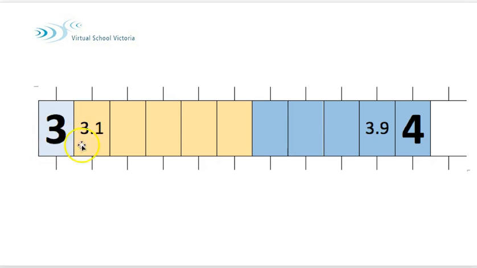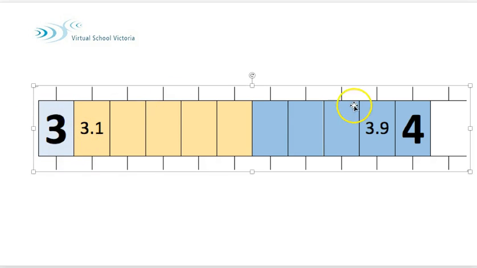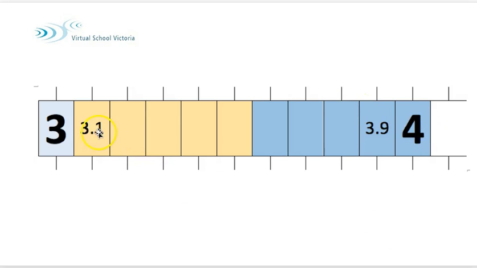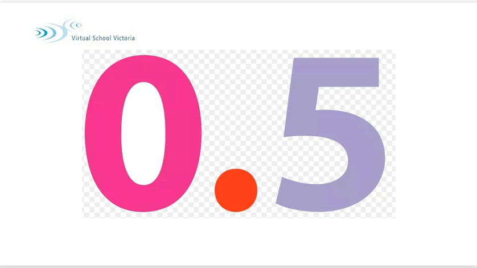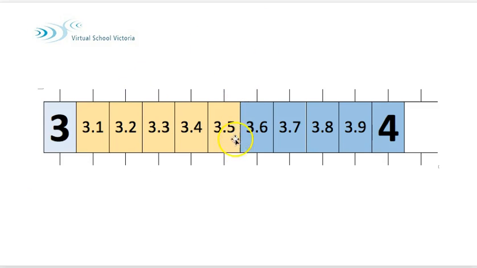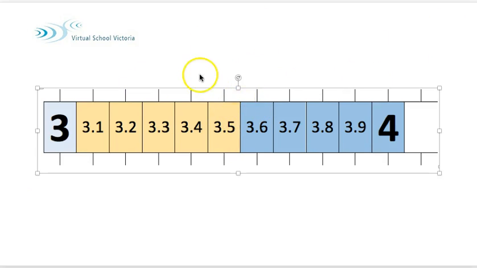When we looked at what happens with decimals, there's a whole number 3, there's a whole number 4, and we have 10 even sections that are called tenths. So 3.1 or 3 1/10 all the way to 3.9, 3 9/10, and one more tenth makes a 4. And you can see here where 0.5 is exactly halfway, and that is a good benchmark. And if you know that 3.5 is roughly halfway, you can easily estimate the approximate position on a number line